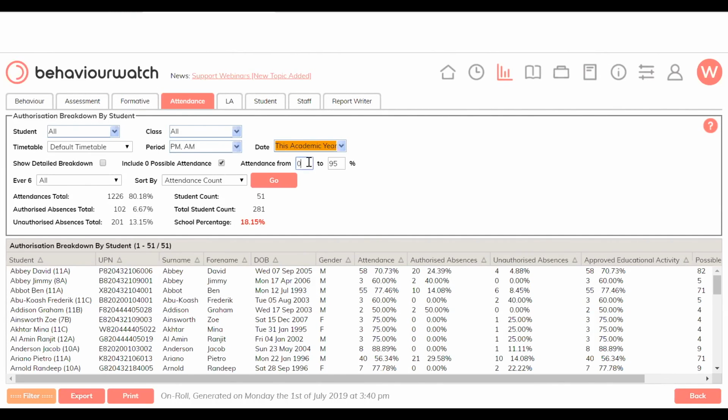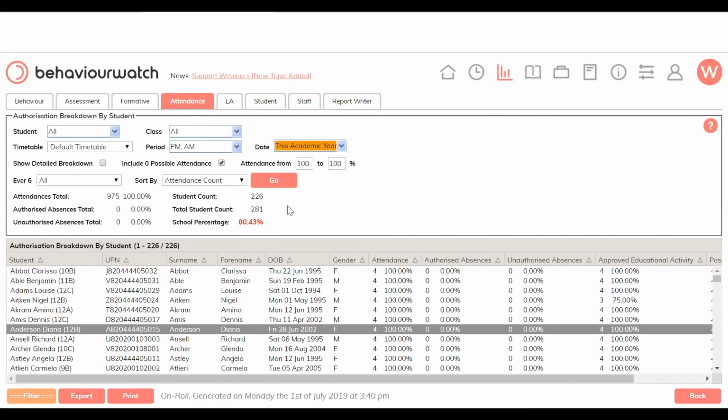Now you can do that the other way around as well. You can say, I'm only interested in looking at our pupils who have perfect attendance, and produce a list of those pupils as well. And you can see here for the attendance we've actually taken, there are 226 pupils who have 100% attendance. So you can also here quickly narrow down